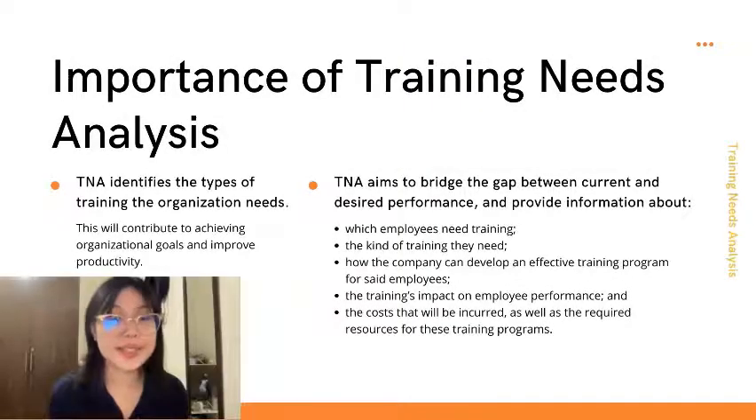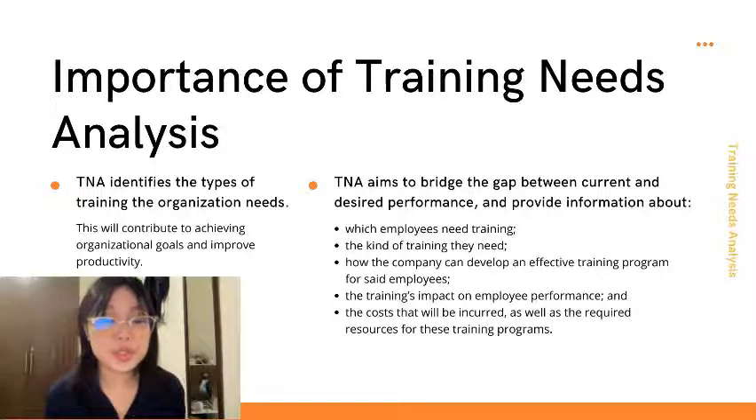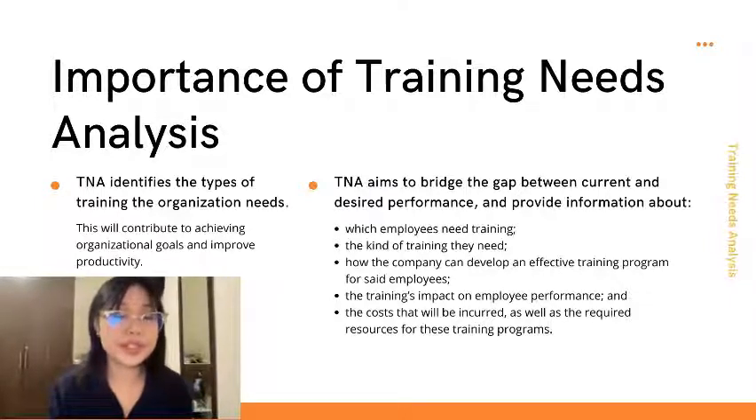Training needs analysis is a significant part of the training program development since it identifies the types of training that the organization needs. This will consequently contribute to achieving organizational goals as well as improve overall productivity. In specific, training needs analysis aims to bridge the gap between employees' current and desired performance, as well as provide